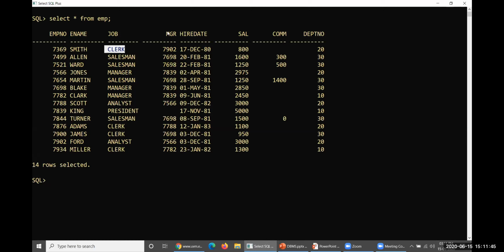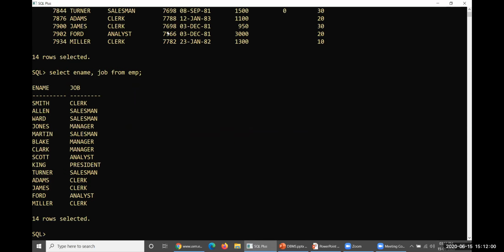Then what exactly we are supposed to specify here is select E name, the specific attribute name, comma, the second attribute job, from EMP. Previously the complete data was displayed. How many columns are there and how many rows are there?